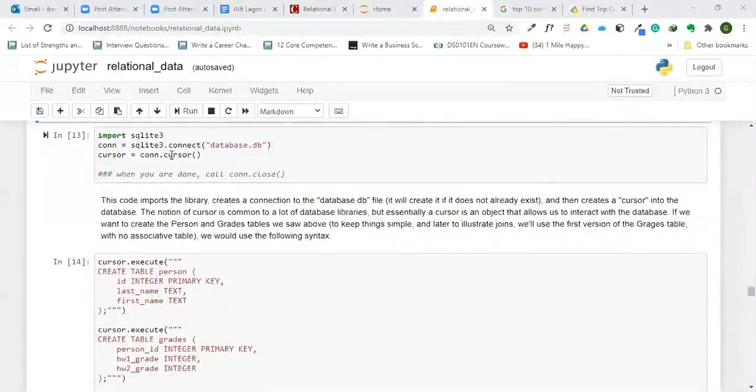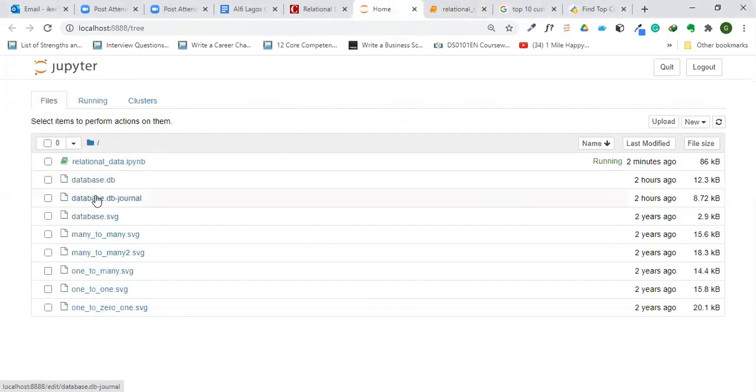But basically, what you do is you import sqlite3, you create a connection. So sqlite3.connect. Now, database.db is the name of the DB. If you downloaded the CSV,